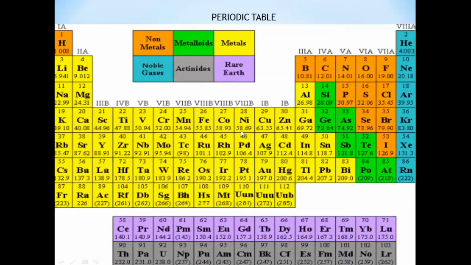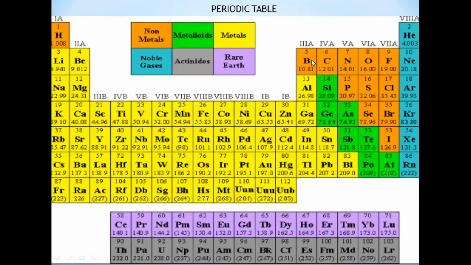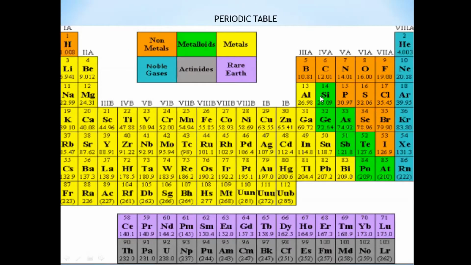Today we shall be talking about the periodic table. It is going to give you enormous information about the different types of metals, where they are placed, what the atomic number is, what the atomic masses are, and how they are going to react. By just looking at this, we get all the information, like the number of electrons, the electronic configuration, and the number of valence electrons.